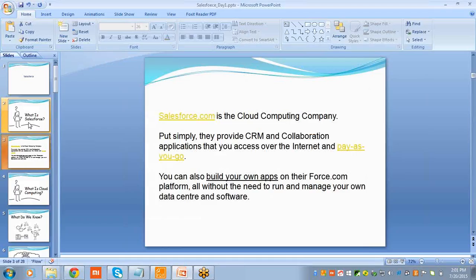Salesforce is basically cloud-based. First of all, what is Salesforce.com? Salesforce.com is a cloud-based company which provides cloud-based software applications. What does Salesforce.com provide? They basically deal in CRM and collaboration applications that you access over the internet. But first of all, we should know what a cloud-based application is. Cloud-based applications means the services which are over the internet, such as